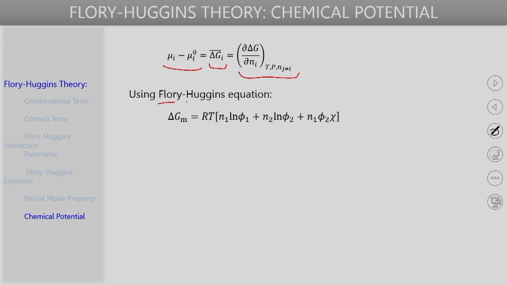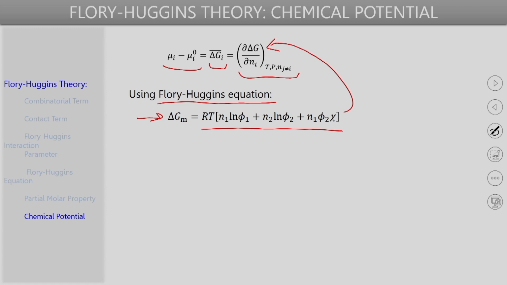Now, if we use the Flory-Huggins equation that we have developed for the Gibbs energy change of mixing for a polymer solution. So, the equations that we have discussed till now for the partial molar property, the chemical potential, the activity, are general thermodynamic equations valid for any kind of solution. Now, if we consider the specific case of a polymer solution, then the Gibbs energy change of mixing we can describe by the Flory-Huggins equation here. So, if we substitute this expression here, then we can come up with an equation for the chemical potential of any component I.